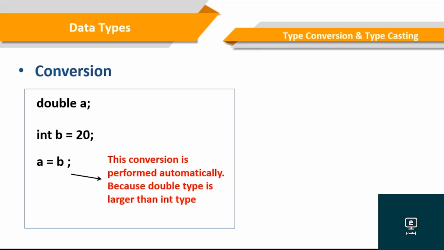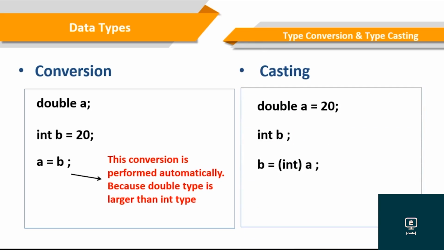Now, if we want to assign a value of a larger data type to a smaller data type, that's when we perform explicit type casting. So in our second example, contrary to the first example, we'll define a variable a with double data type, and then assign a value of 20. Second, we'll define variable b with int data type, but no initial value. And then when we try to assign variable a to variable b,